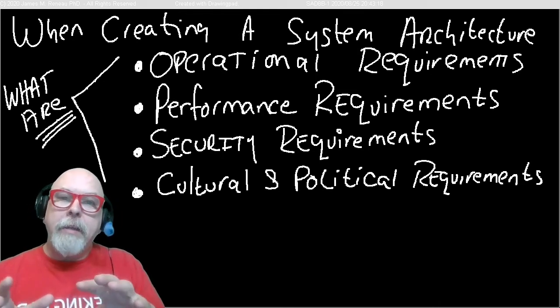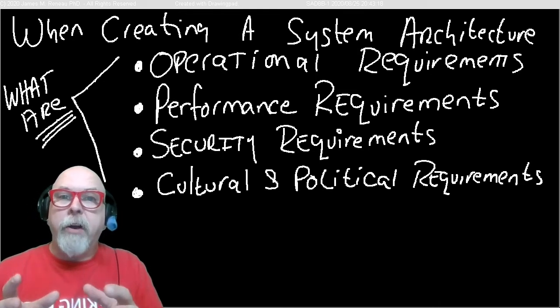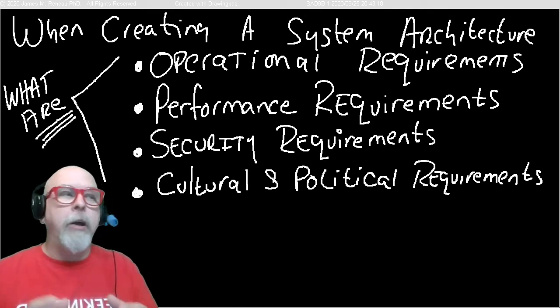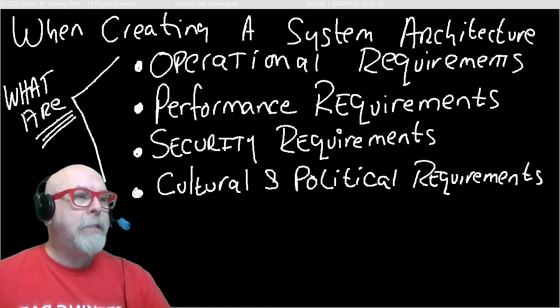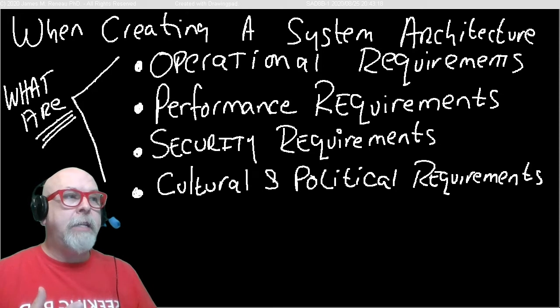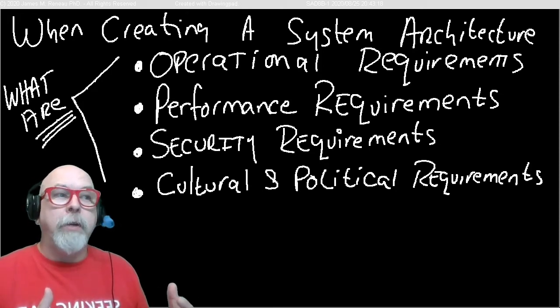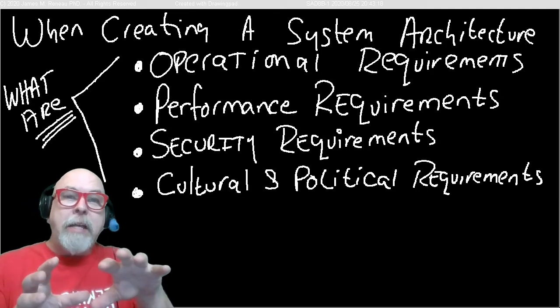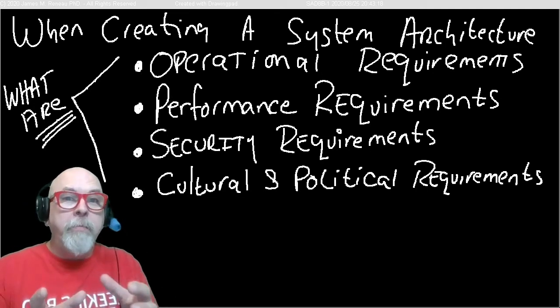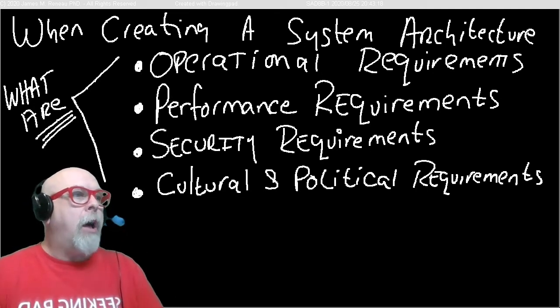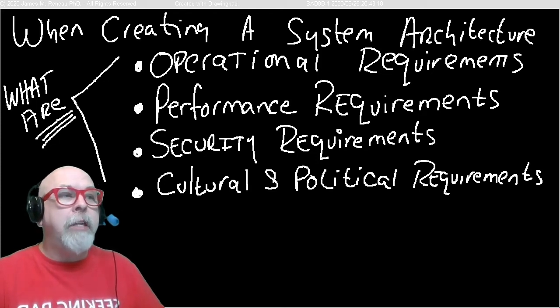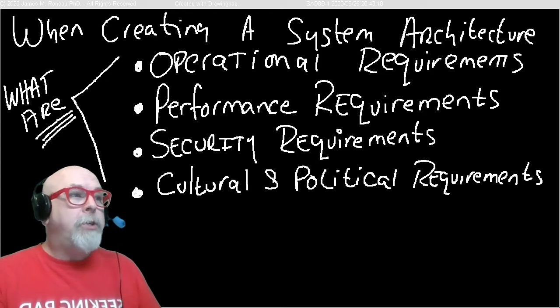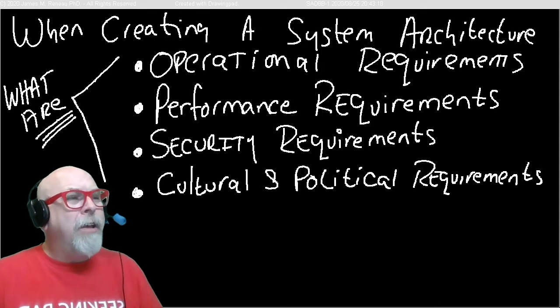Now that's very much the nuts and bolts of architecture, but as we're designing an architecture, we also desperately need to pay attention to the operational requirements and make sure that what we're designing will meet the operational requirements. Also, we need to maintain and understand the performance requirements, the security requirements, and the cultural